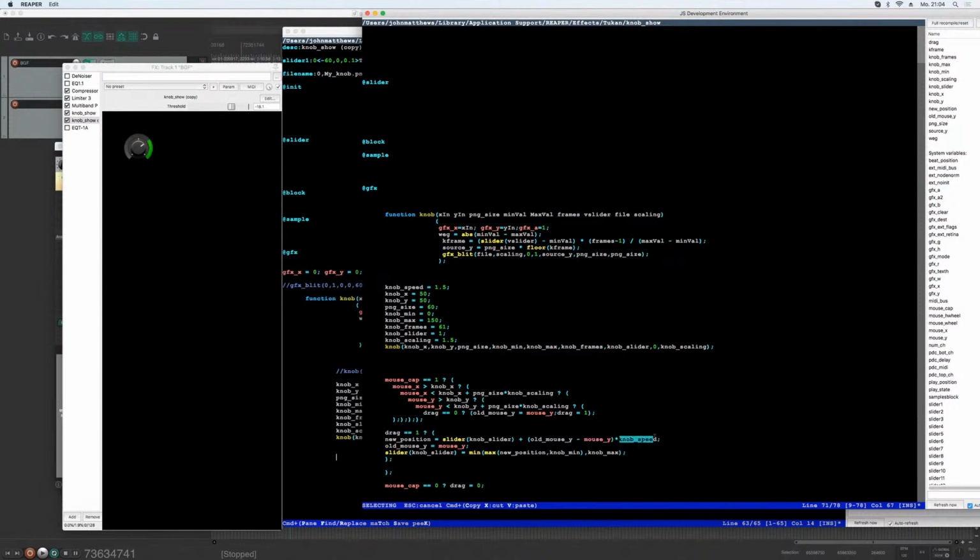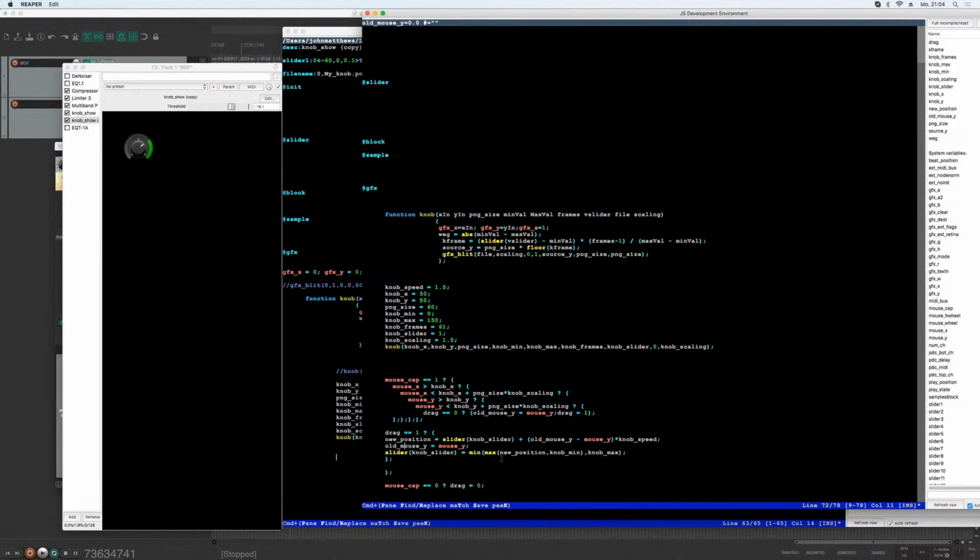And after this new position is set, I say old mouse is the new mouse, of course, for the next turnaround of the graphics section. And now I can set my slider for that knob to the new position, and this looks a bit creepy in one line,